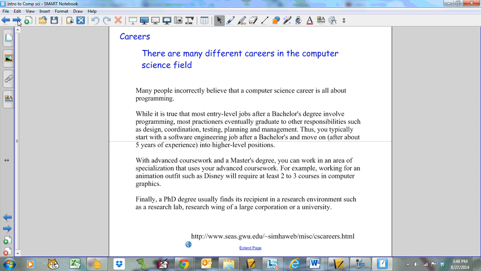Okay, let's talk a little bit about careers. There are many different careers in the computer science field. Many people incorrectly believe that a computer science career is all about programming. While it's true that most entry-level jobs after a bachelor's degree involve programming, most practitioners eventually graduate to other responsibilities such as design, coordination, testing, planning, and management. Thus, you typically start with a software engineering job after a bachelor's degree and move on after about 5 years